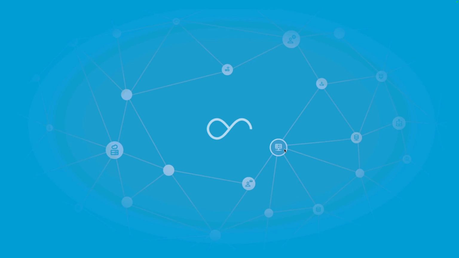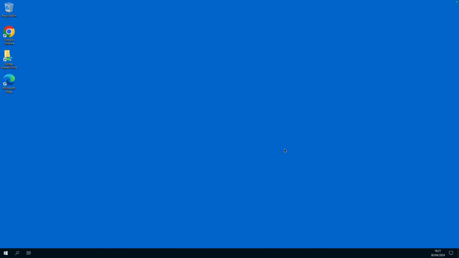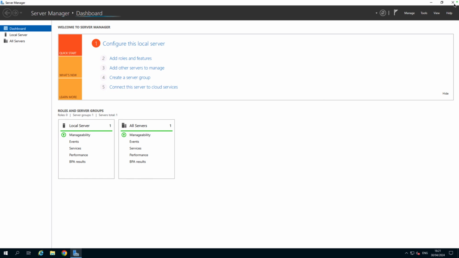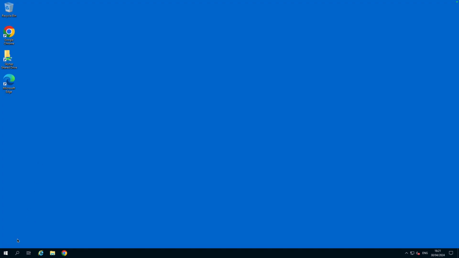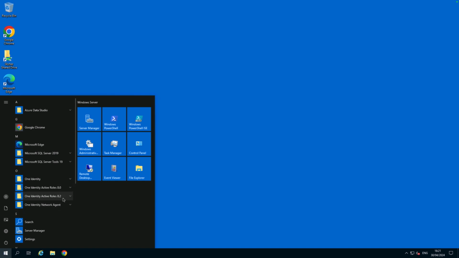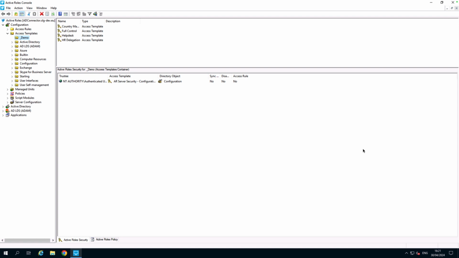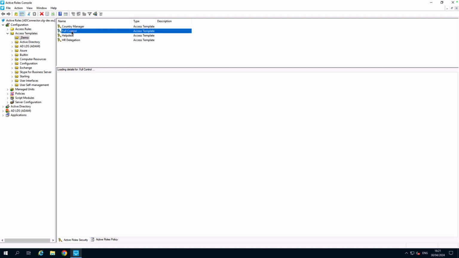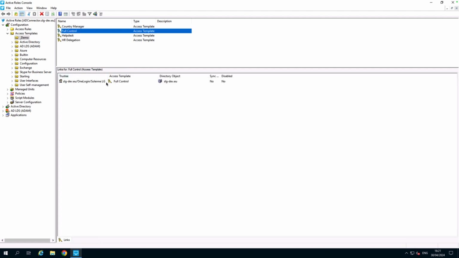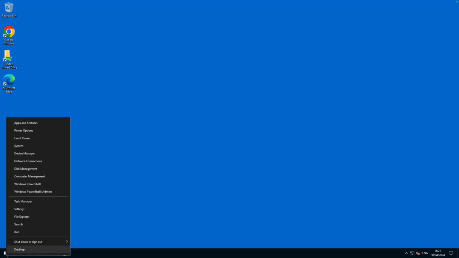Accessing the Active Roles console through PAM Essentials allows the administrator of the environment to control who can access that console and what permissions they will have, and to record everything that is happening. In that session, I'm now opening the Active Roles console, and you will see that as an administrator of the environment, I have full control permission that allows me to delegate administration on Active Roles and fully control the Active Directory. So we want to make sure those types of access are secured and are recorded, maybe for auditing purposes.